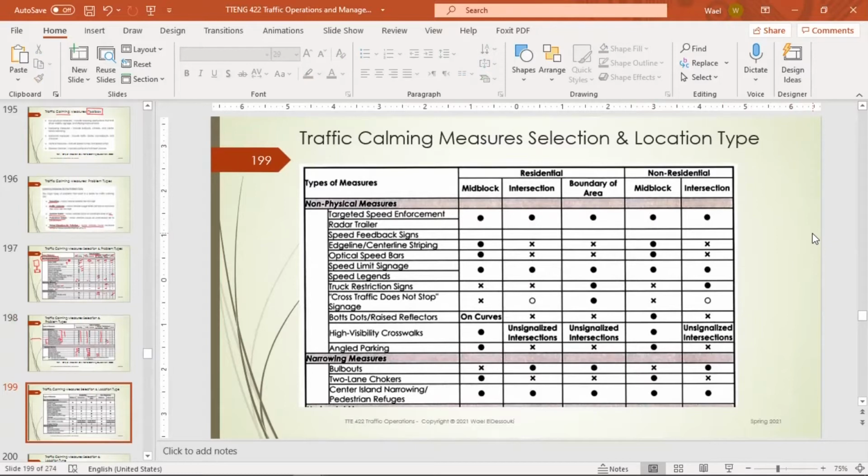So in this table it says that these are the measures and these are residential, non-residential. So here it says put it in a mid-block, and here put it in an intersection, here put it in a boundary area, and for non-residential this is mid-block, intersection. And if it has a dot, that means this is applicable. You can put this measure in mid-block or at the intersection, as you can see here. But here the X means it's irrelevant. Okay, not applicable. The dot, it's